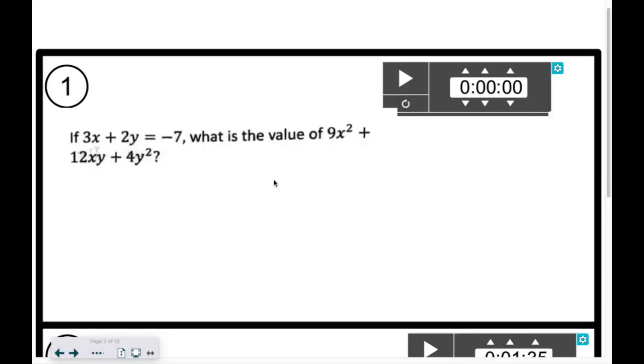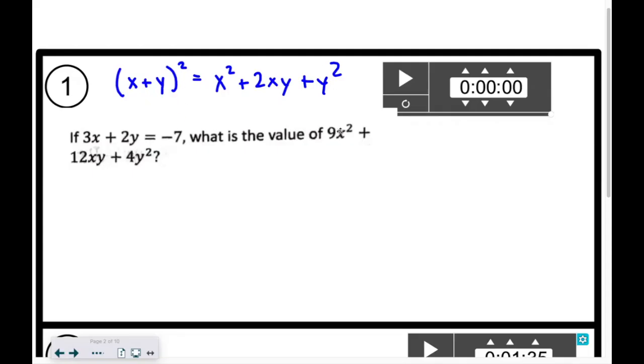All right, so this is an example of a problem that is kind of difficult unless you see what to do. So it's really useful in a problem like this to know the short way to square something. For instance, if you had (x + y) squared, instead of having to do FOIL, if we just know that it's x squared plus 2xy plus y squared, and then we know it even more generally as the first thing squared plus 2 times both of these multiplied together plus the second one squared,